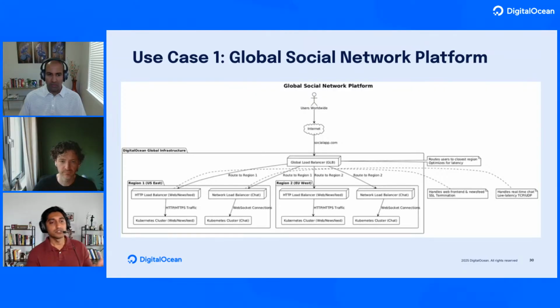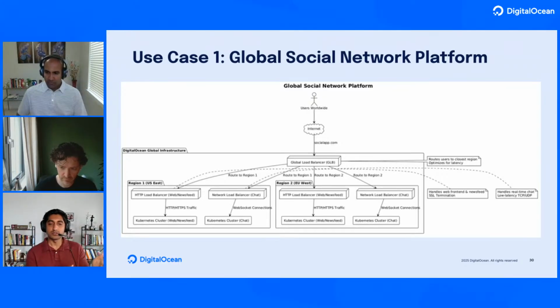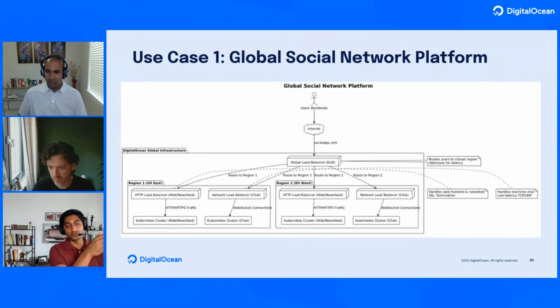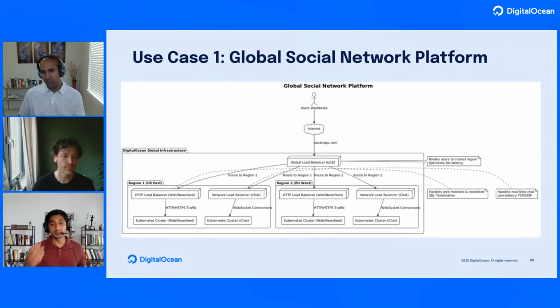Once that reaches that particular region, you can see the application tier is fronted by the regional load balancers. The standard web request for the main application goes through the regional HTTP load balancer, which handles the SSL termination and distributes the request to the Kubernetes clusters. The Kubernetes clusters run the web front end and the newsfeed logic. The key aspect I want to highlight in this architecture is how it handles real-time communication. Of course, there will be a chat